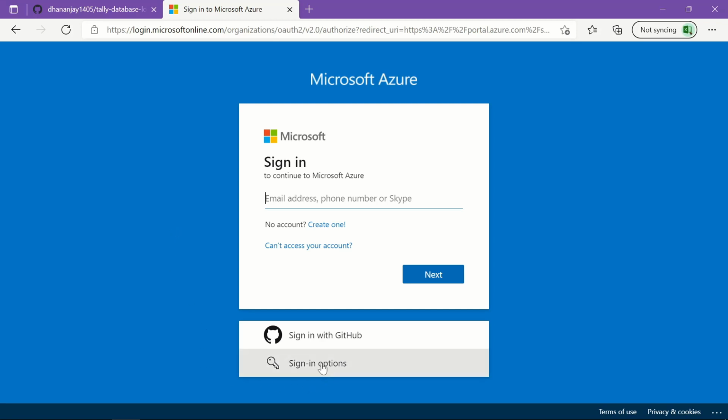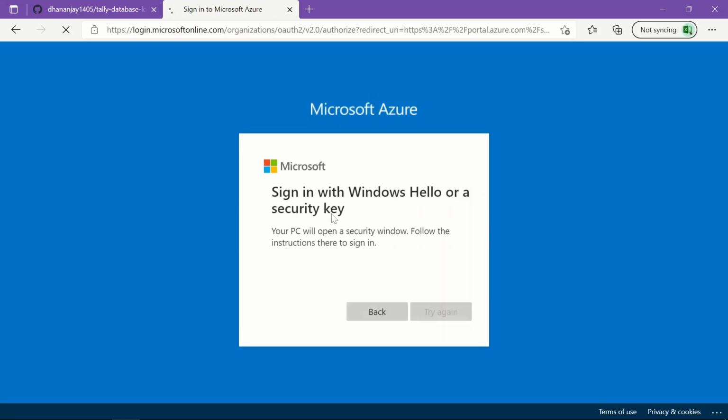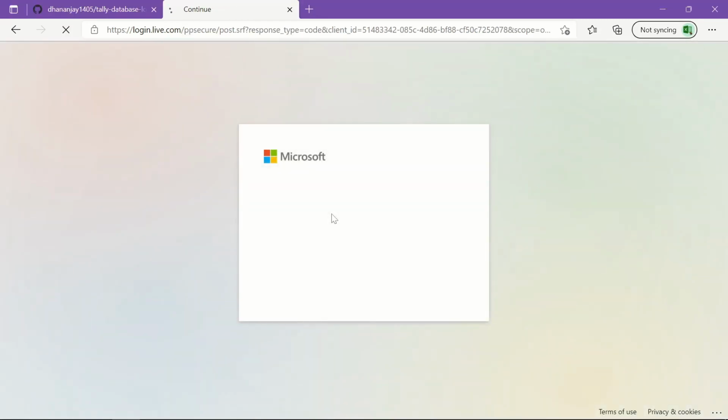Okay, so I will directly sign in using my Windows PIN. So without even writing user ID, you can just quickly sign up using your Windows PC password also, PIN, sorry. So let's wait while it is signing in.